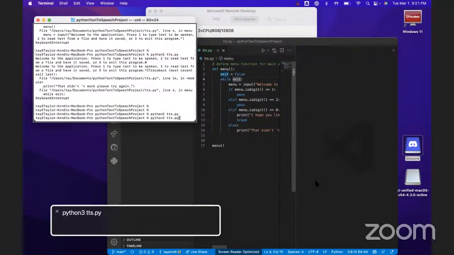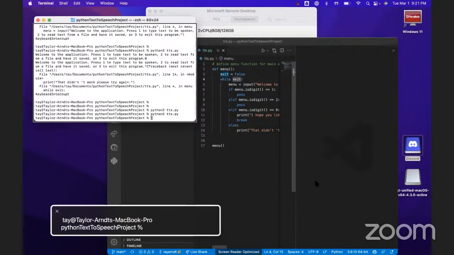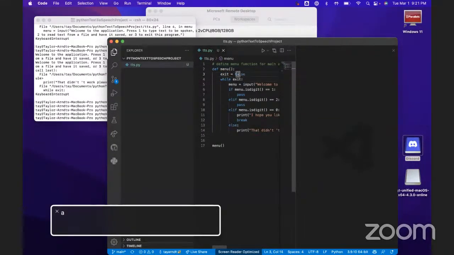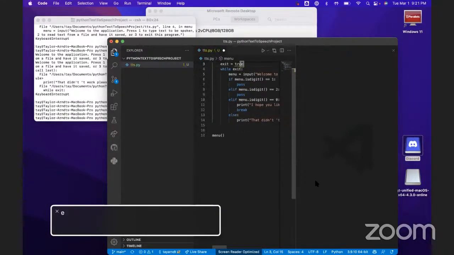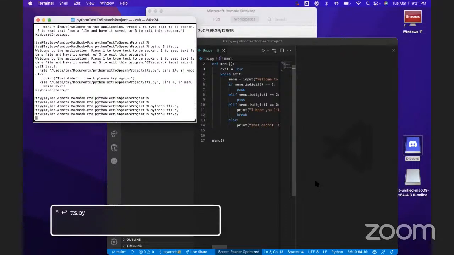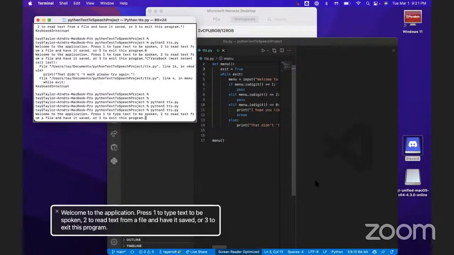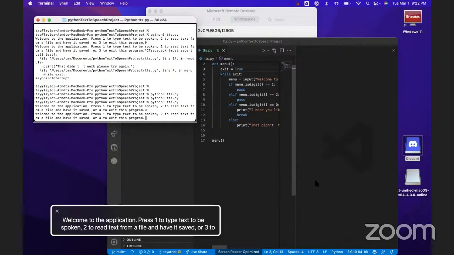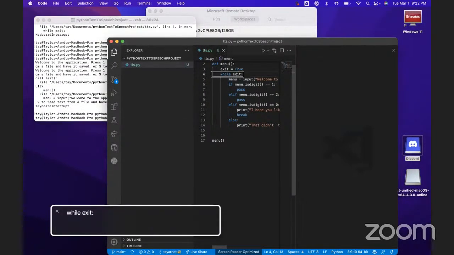Oops. Oh, you know what? I messed that up. True. Whoops. That way I'm clearly defining what I'm trying to do here. There we go. So I can either do a break or I can make a condition. And I like the condition a little bit better, but I just want to kind of show you guys what you could do. So, all right, so now if I'm going to say,